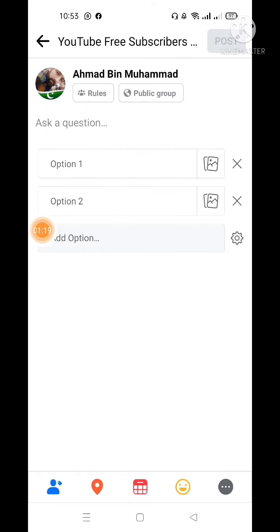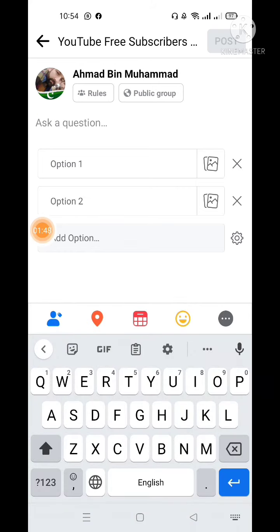Now in the poll options you can ask questions like which is your favorite player in cricket or football, or other things, like who is your best actress or best actor in film industries or dramas. So you can ask different questions here. So ask the question here,